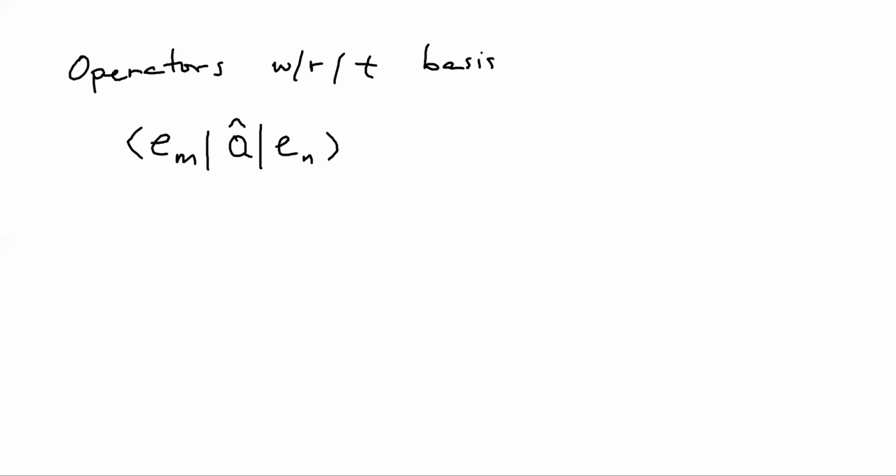So e sub m might be y and e sub n might be x or something like that. But they are just going to give us the different rows and columns of a matrix. So we will denote that by q sub m and then n. And we'll have a whole matrix that describes what this operator does